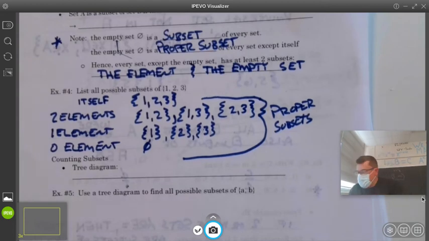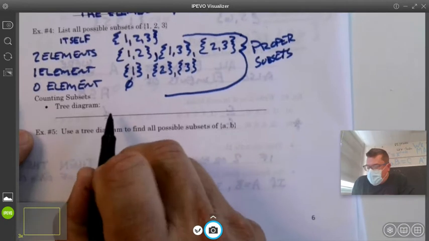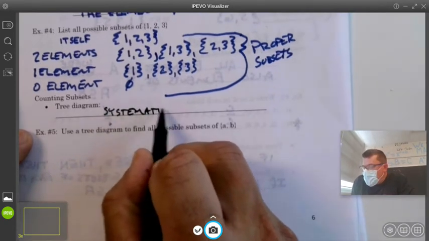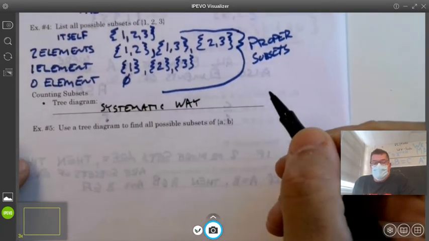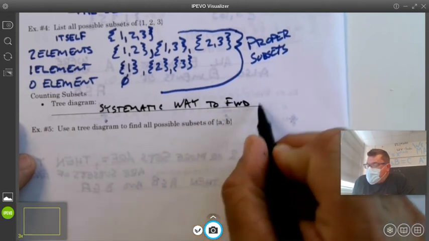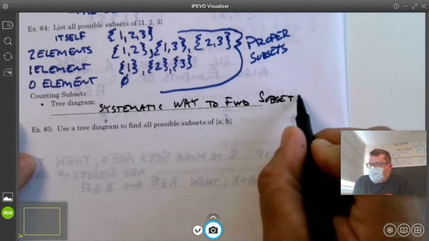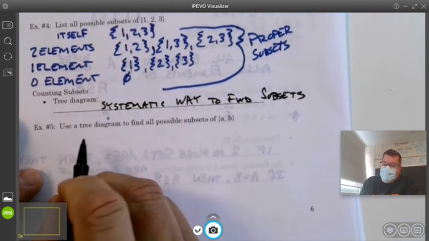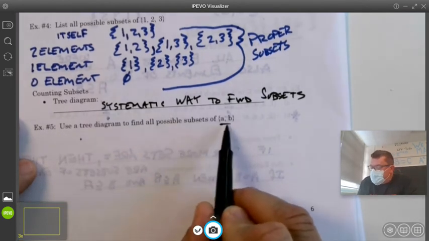So on the bottom of page 6, tree diagrams. It's a systematic way, in this case, to find all subsets. I'll bet you guys have seen tree diagrams before. You know what I'm talking about? So the first question that we're going to ask in this tree diagram, we're trying to list all the subsets